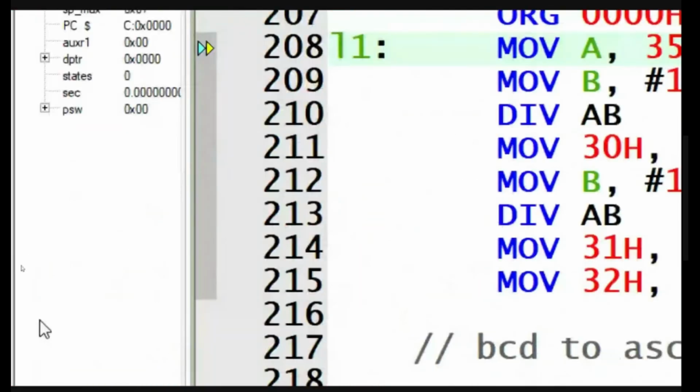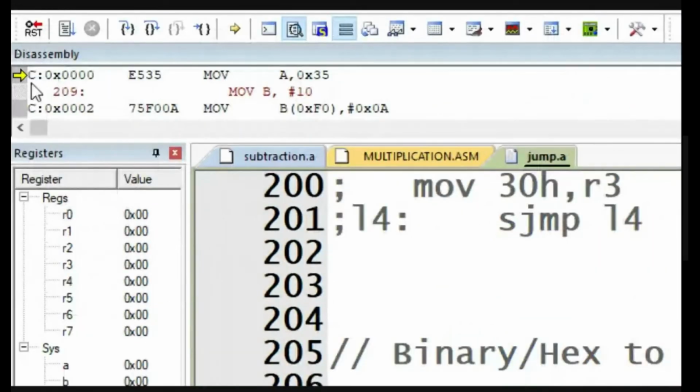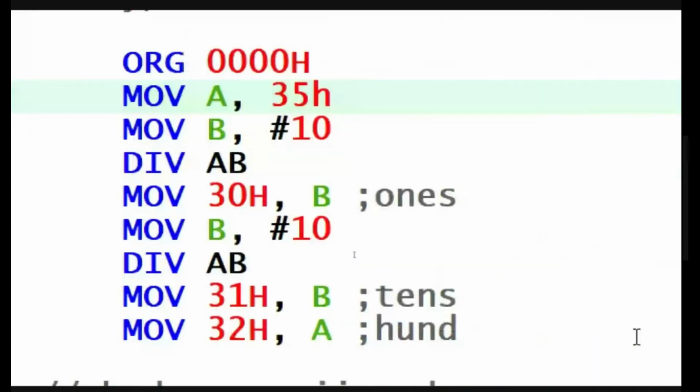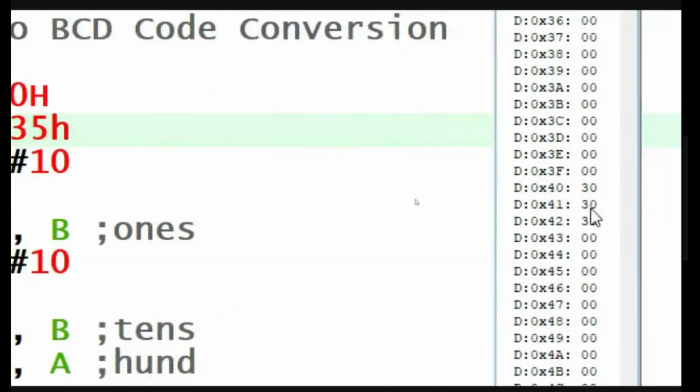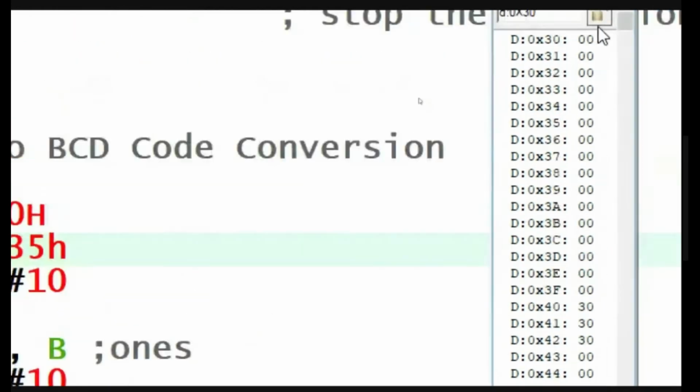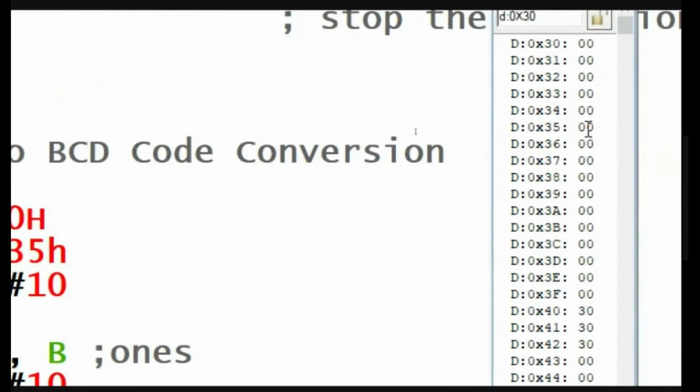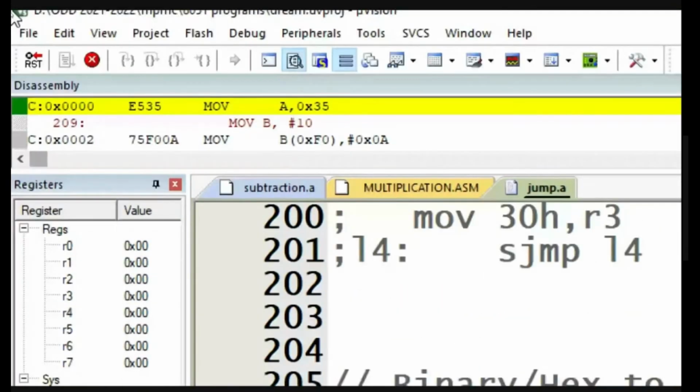Code is running. Now the code is running. Can you able to see 30, 30, 30, 40, 41, 42? Because all are 0. So when in 35, if I give FF, I cannot give FF, right? Because it is so fast, right? So fast. Let me stop the execution.